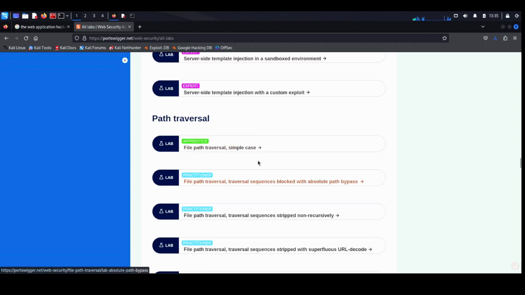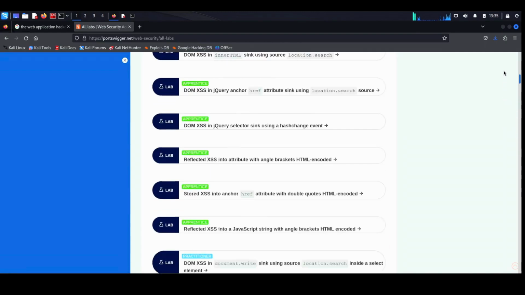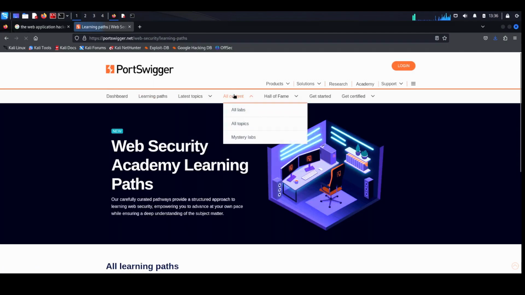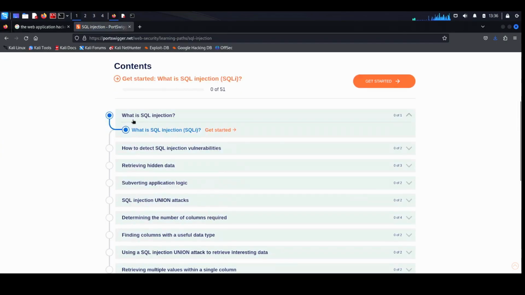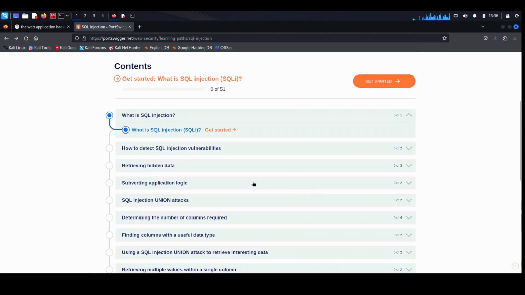Directly reversal or part reversal, we just covered a simple case, but we have so much lab. So they don't only have labs, but you can also just view the path, and they have all the information you can get. For example, SQL injection, you can press get started, and they want me to log in, but